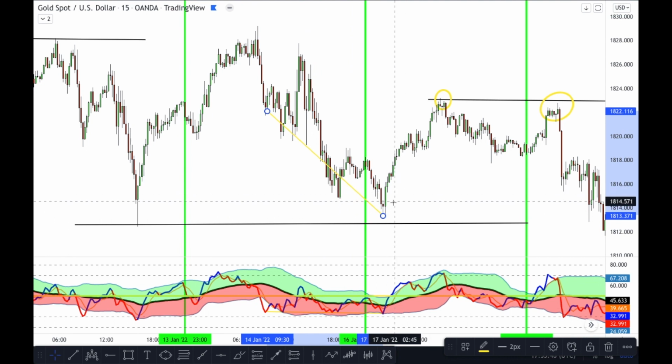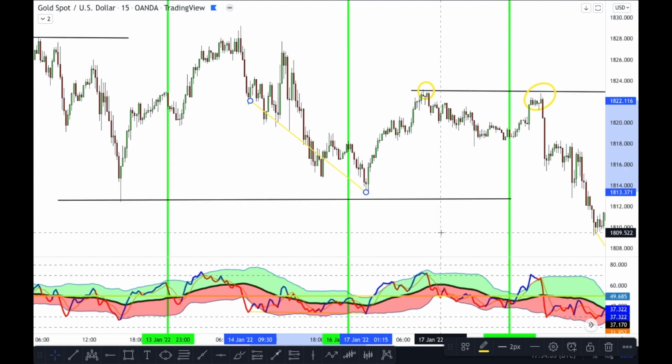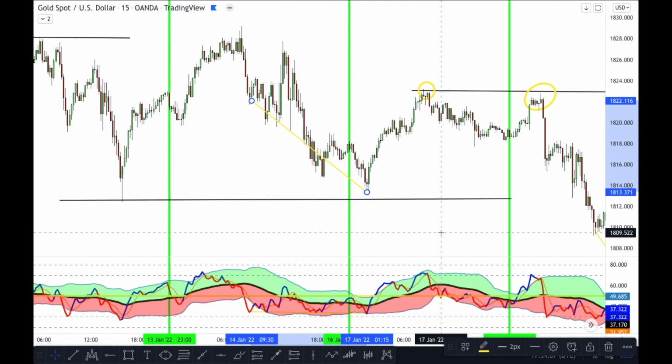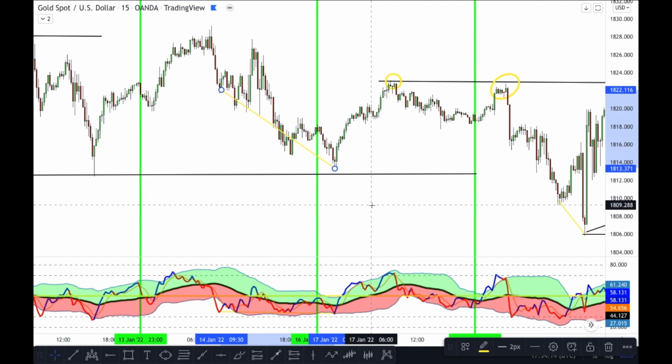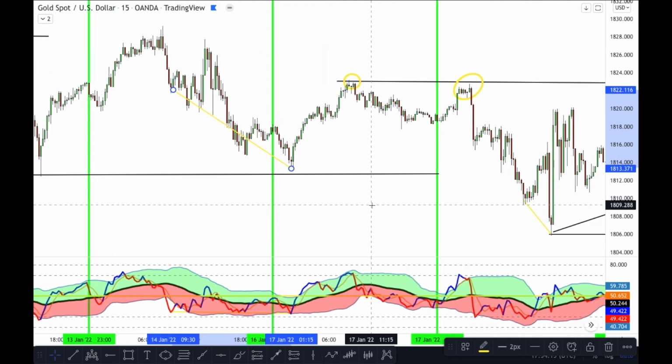I do trade gold with entries on divergence a lot. I can just use it through different time frames other than the 15-minute chart. This is what I will do. So I can wait for my setups and see divergence occurring as an entry on a 4-hour, a daily chart, and then be taking a longer swing trade. So again, it's down to the trader, and this is showing you how you can basically find intraday trades doing this, but you have to practice it. Just like any strategy, you can't come in here, think you're going to watch one YouTube video and master it overnight. You have to practice every strategy.